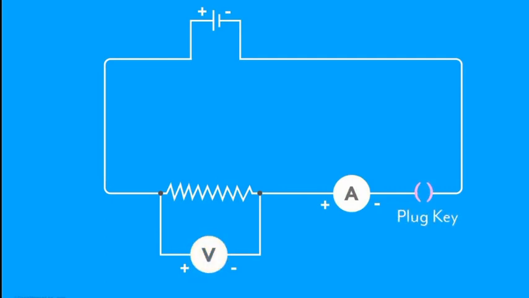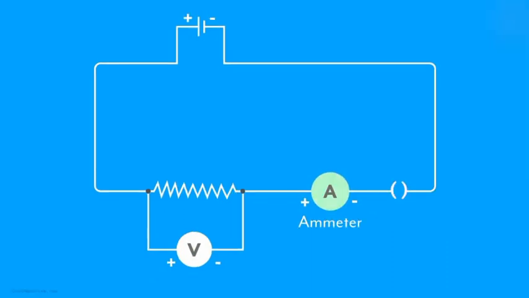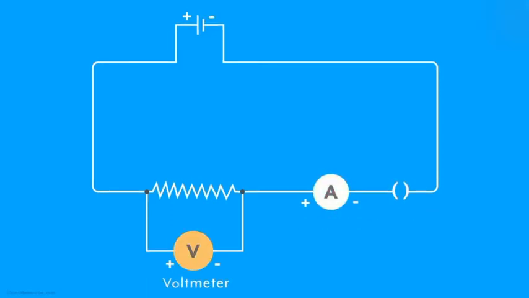Okay, so we connect the components in a particular manner: the voltage source cell, then connecting wires, and at the end the nichrome wire, then the ammeter is connected. In order to measure the potential difference across the nichrome wire, we connect the voltmeter. This is the circuit diagram for this Ohm's law experiment.